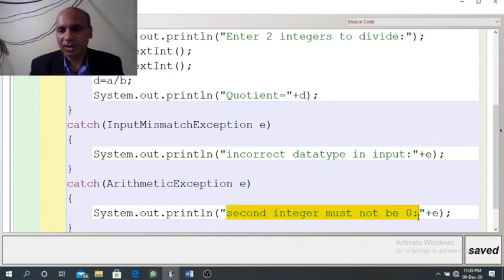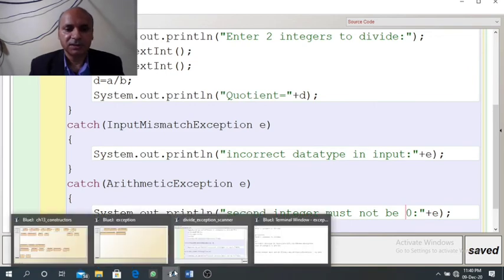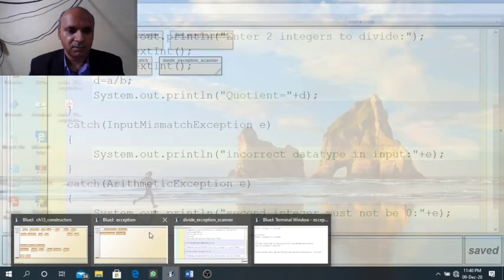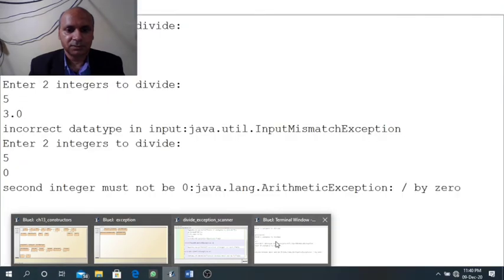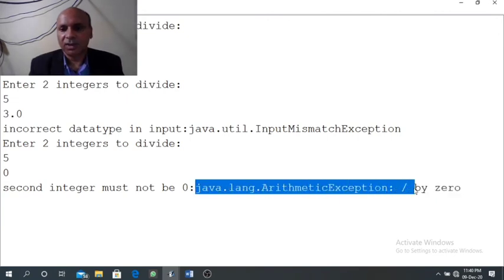It will display as it is, and after that plus E. So E means the system will tell the reason of the error. So you can see here we are getting the same result. Plus E means java.lang.ArithmeticException: division by 0.